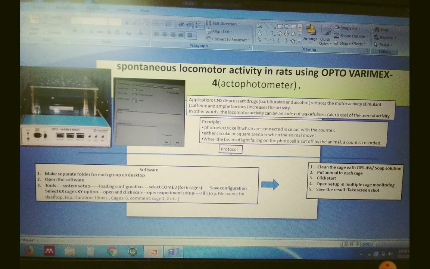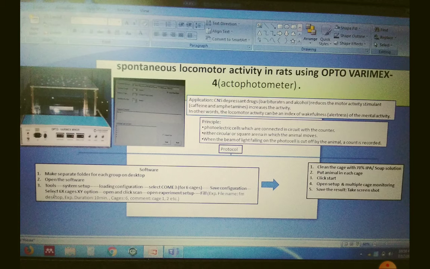Then open the software, that is Optovarimex 4. Then go to tools, then system setup, then click on loading configuration, and select COM3 for 6 cages. It would be like COM1 for a different number of cages, but generally it would be for 6 cages.